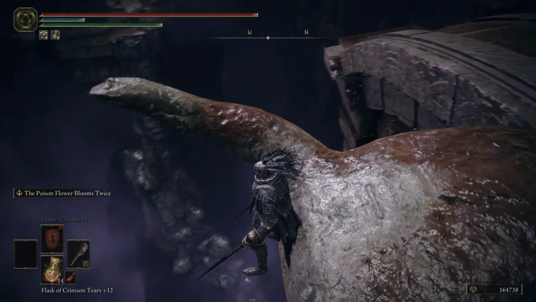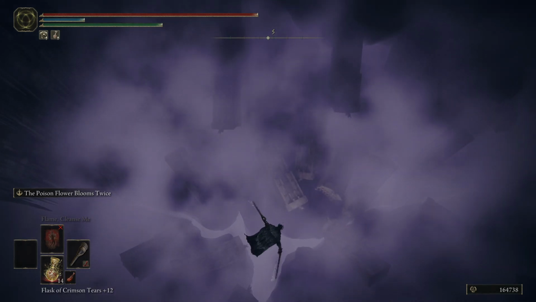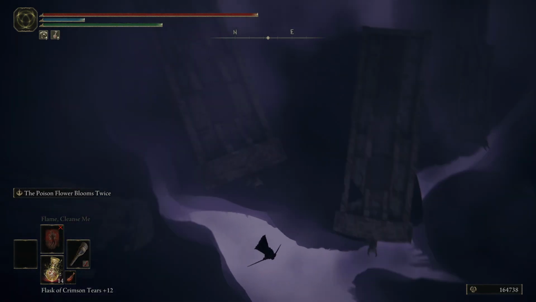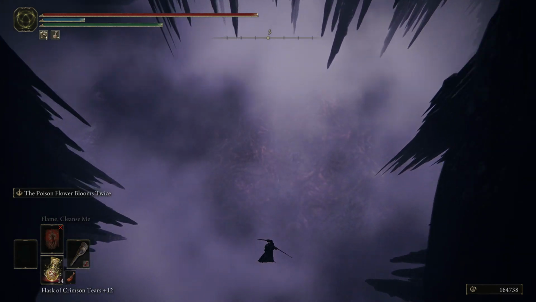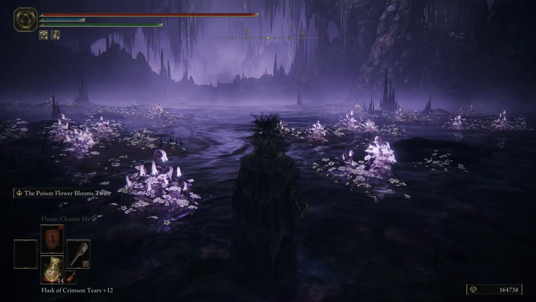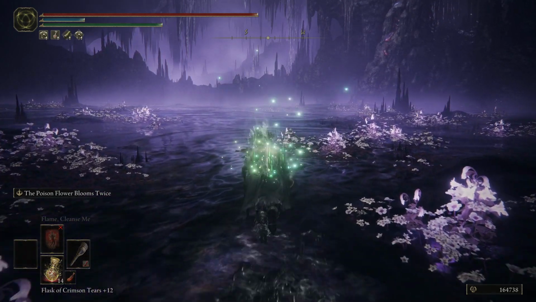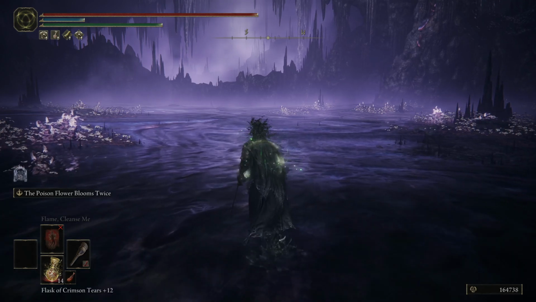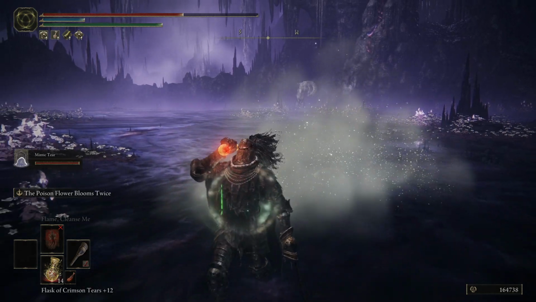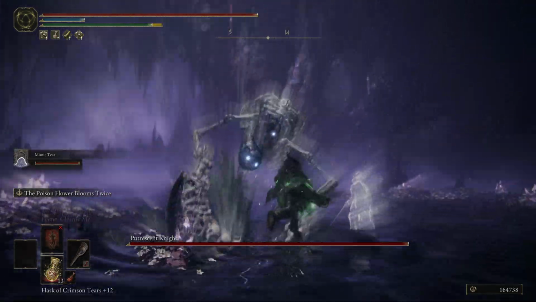I am barely holding on. We have to strike our anime pose for us to properly drop in. Beautiful. And it might seem cheap, but I have absolutely no problem whatsoever summoning Mimic Tear. Especially for this boss, since